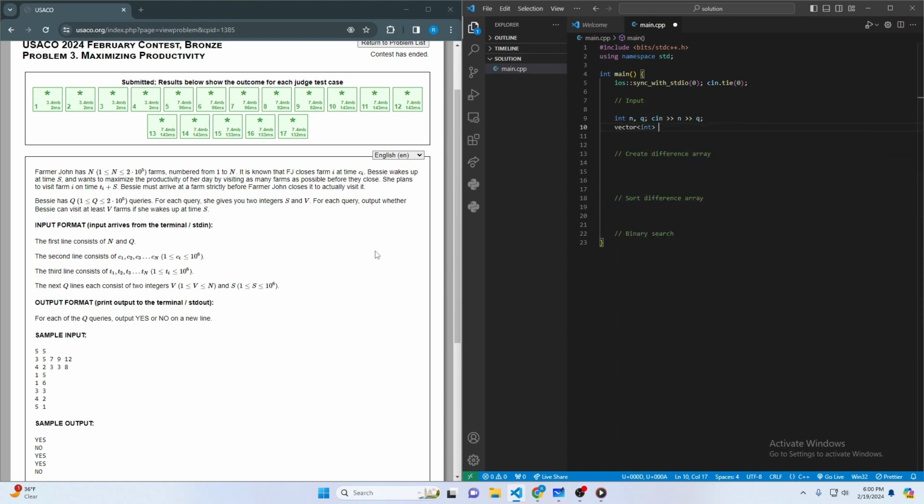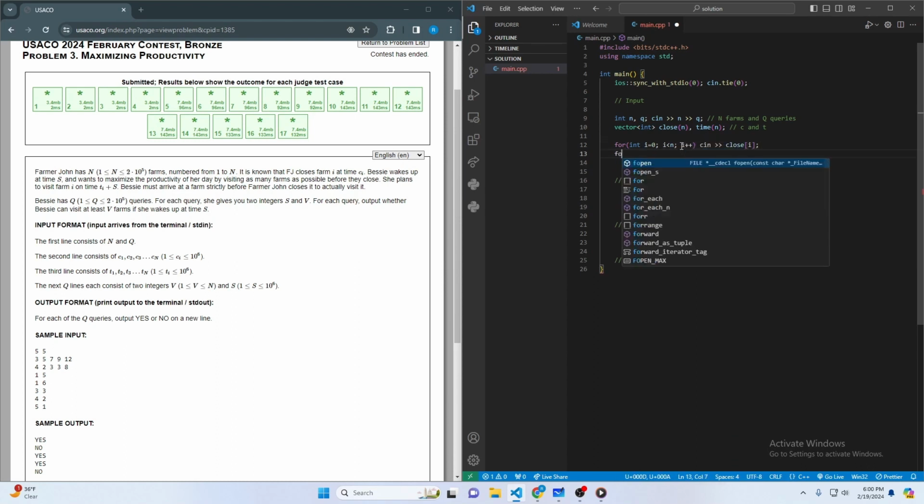A vector is just an array list, just remember that, of closing time, which is c, and then just the time that Bessie decides to leave. So this is c and t, and this is n farms and q queries. Okay, and this just means you're creating the constructor of n elements. So then we can take input, and we're taking the input of these two arrays, and then in C++, there's something called pairs, which is basically two elements in an array,